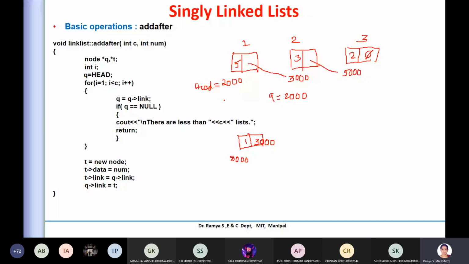Okay. So basically you have recreated the link like this. Initially it was connected like this, but when you want to add after some point, it is not append, it is adding after a particular point. So you take the first element. After the first element, I want to add here. Initially 3,000 was stored, but now when you create a new node, its address is modified to the second element's value, and here it is replaced by the new node address. Is it clear for you?